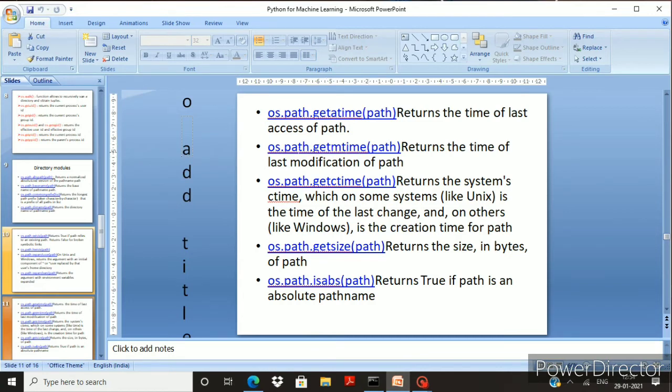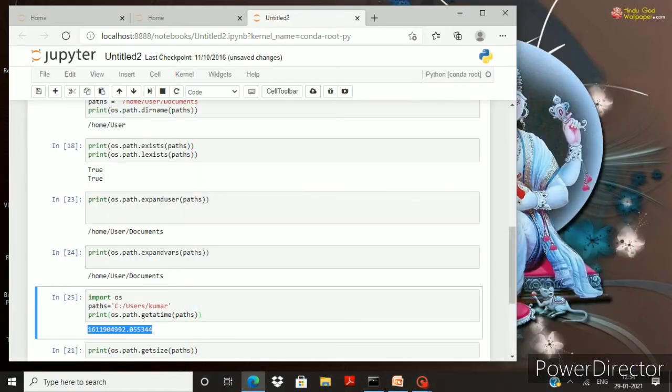Then the next one is os.path.getmtime. This will give the last modified time of the path, that is, the time at which I modified it. If it is 1 time, 2 times, 3 times, like that, what is the number of times that I have modified that path. So just check that one. Oh, I didn't give that one, the last modified path.